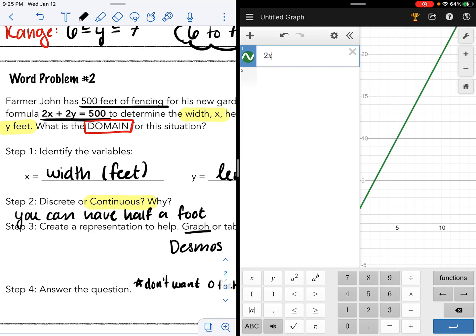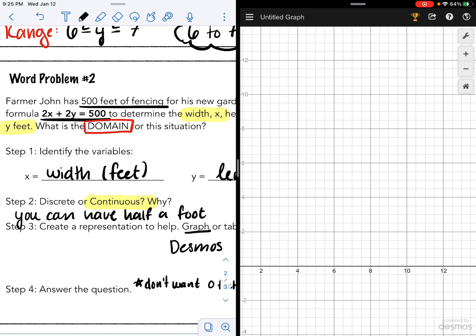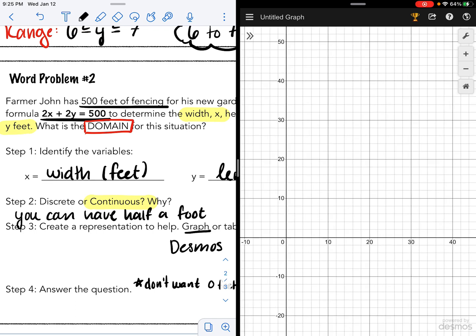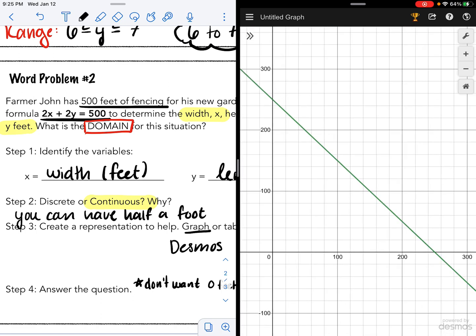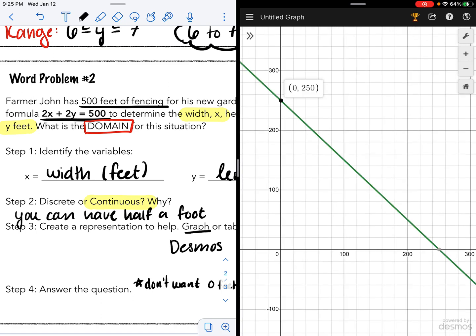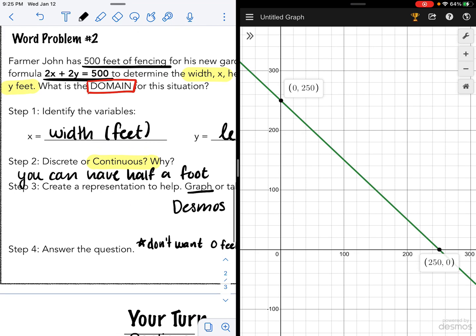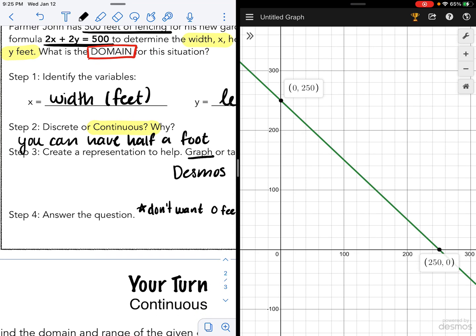We have 2x plus 2y equals 500. Okay, let's go ahead and zoom out so we can see everything. And it looks like it goes from there to there. My domain, remember my domain is all x values. And it looks like my x values go all the way from 0